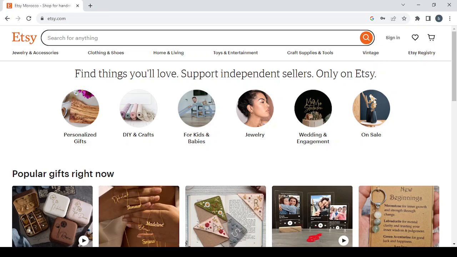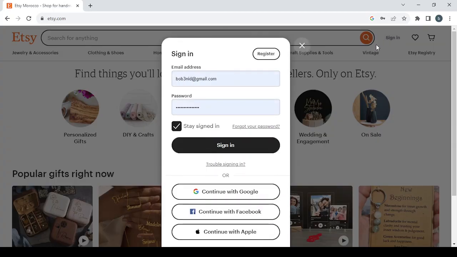In today's video I'm going to show you how you can create your shop in this platform where you will be able to sell your products. So let's get started by clicking on the sign in button to register your new account, and if you already have an account like me, just click on sign in. Before that, type your email and your password, of course, then click on sign in,